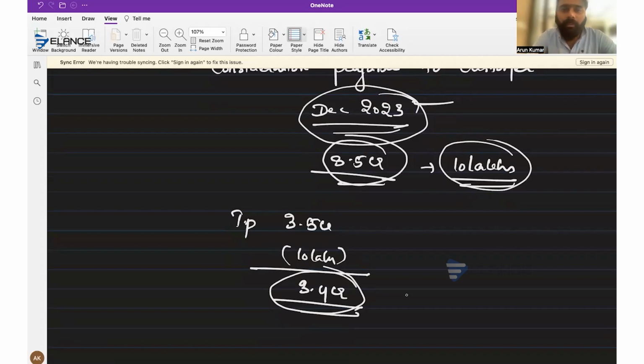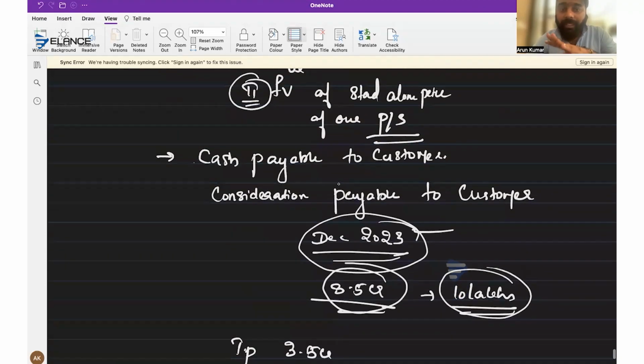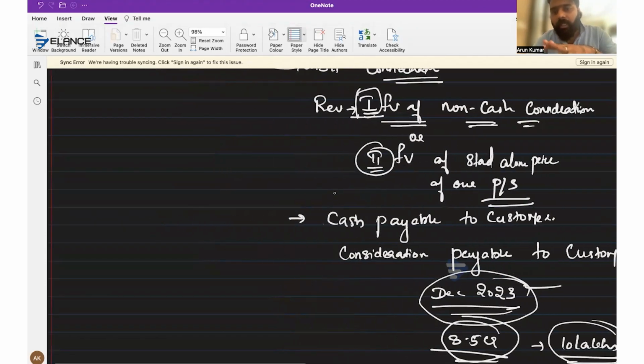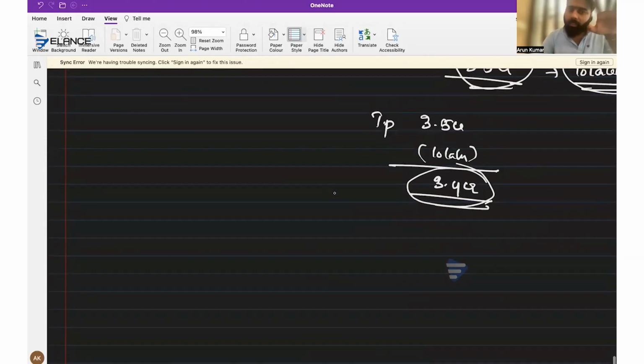It's not getting accounted as per the standard provision or something like that. So this type of scenario should be dealt in such a manner that the consideration payable to the customer should be deducted from your transaction price. Is that clear, everyone? So these are the main items we have to consider when you are determining your transaction price. Okay. So actually in this question, they are only focusing on step number 2, but I have just revised the other steps as well.